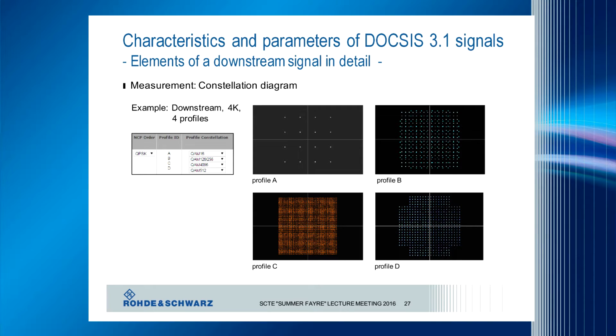The next slide gives you more profiles and constellation diagrams, starting from the simplest one, profile A, up to profile C, which is defined with 4K. So it's already an amazing constellation. And here profile D is also modulated in a very interesting modulation scheme. It's a combination between 128 and